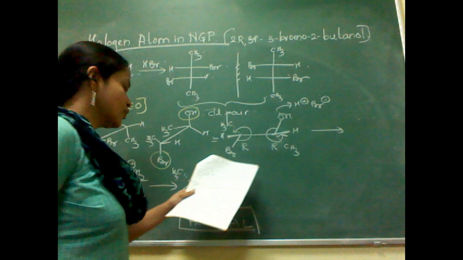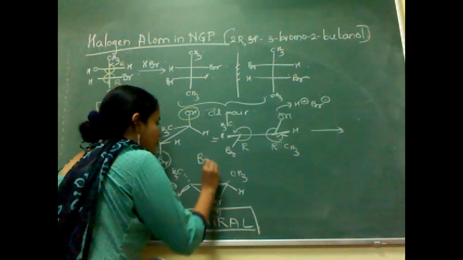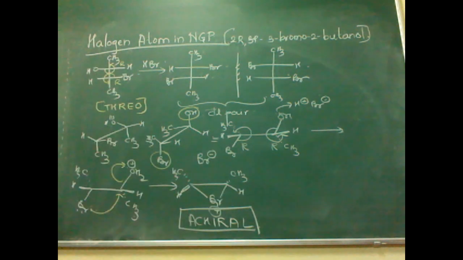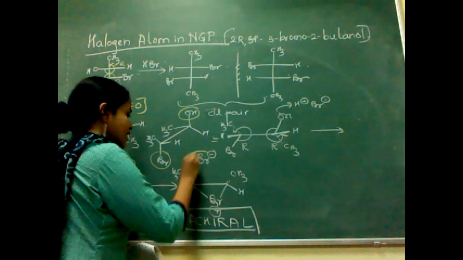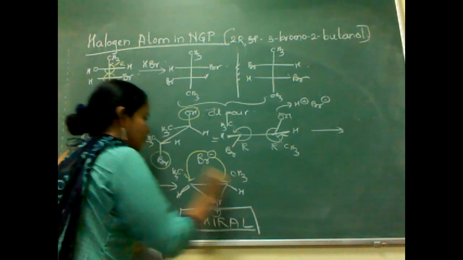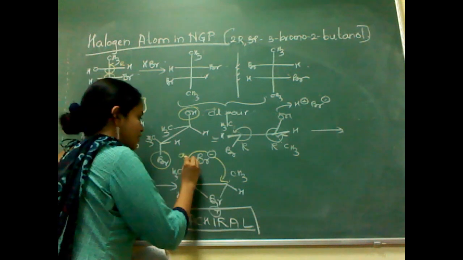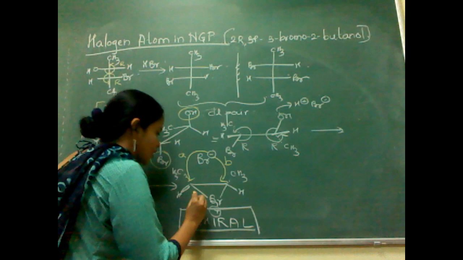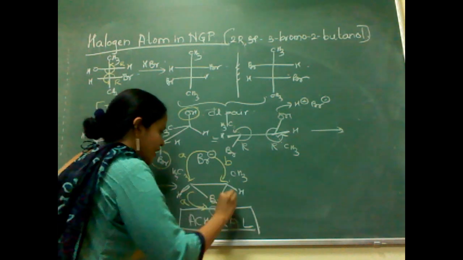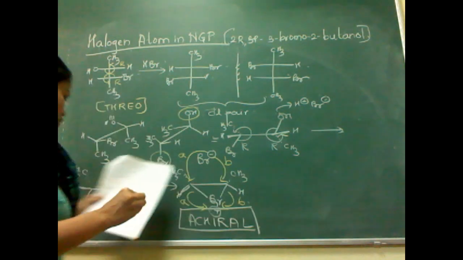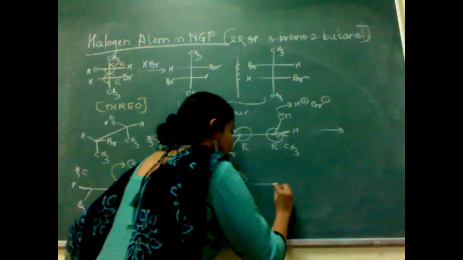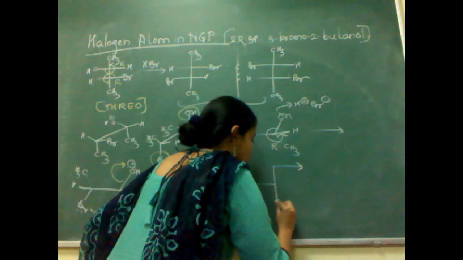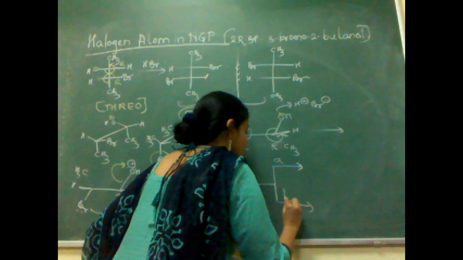Now let us try to see the role of Br minus. You have this Br minus, and it leads to what is known as the ring opening of this particular intermediate. So let us say this is pathway A and this is pathway B. What you can do in this particular case is write both the things. So you have this pathway A, you have this pathway B.